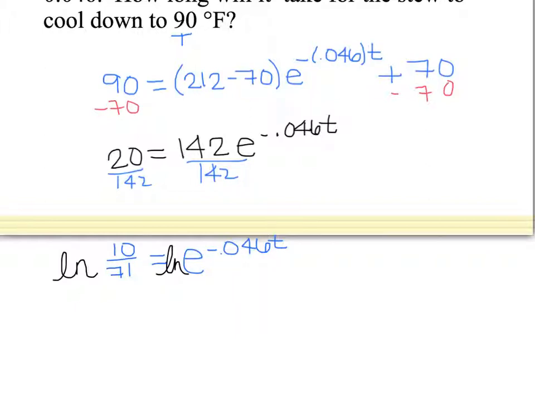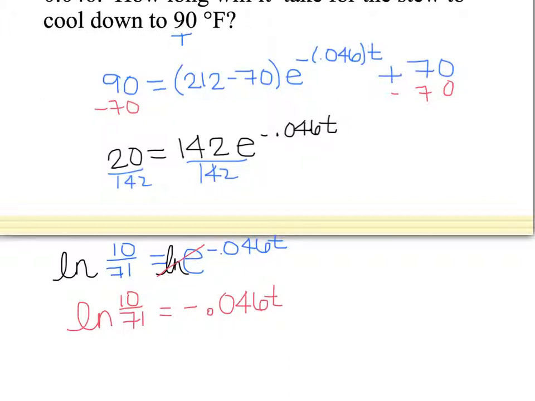The storing feature should show up, I believe it's on the left-hand side of your calculator. I will go over this with you in class, but it's just going to make your numbers work out a little bit nicer because it's an exact number. So in the meantime, we're going to type in the natural log of 10 divided by 71. And if you remember, natural log and e are going to cancel. So we have the natural log of 10 divided by 71 is equal to a negative